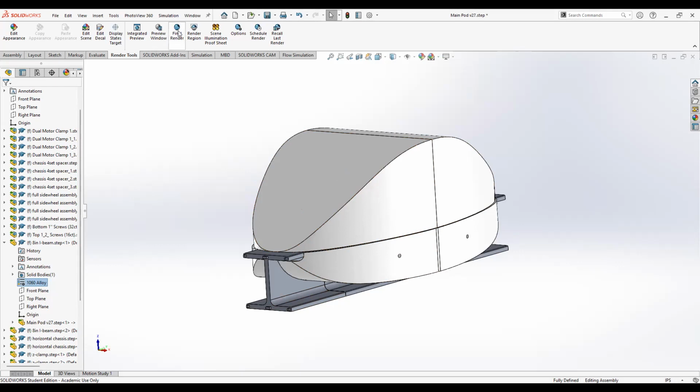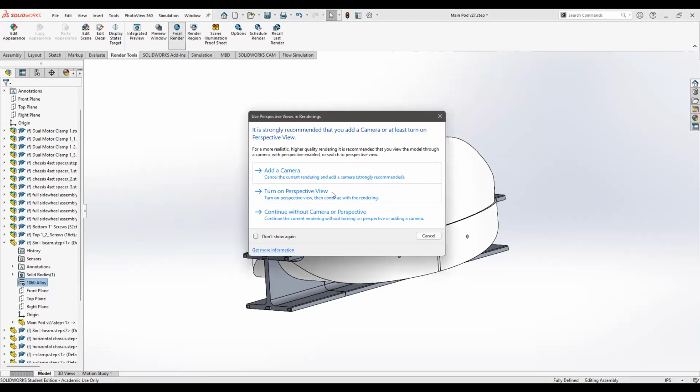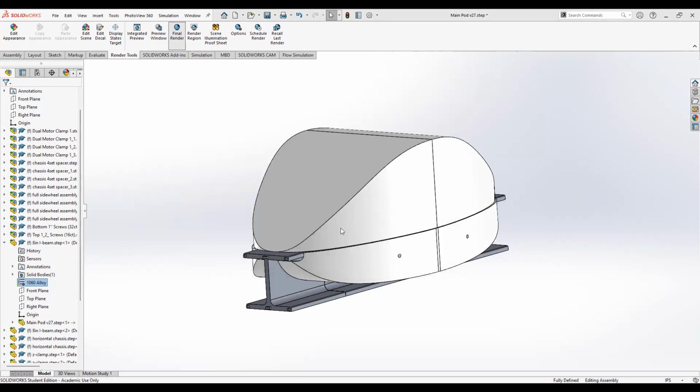I'm going to go to final render. I'm not going to add the camera. Like I said before, camera is to change perspectives. It's useful, but I don't want to crash the system again for this demonstration. So I'll just continue without it. And now, okay,